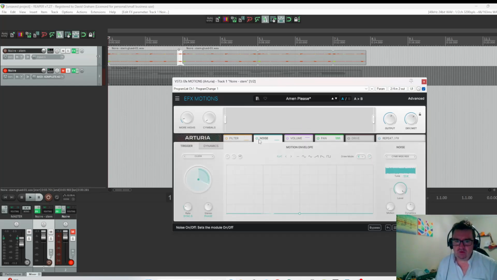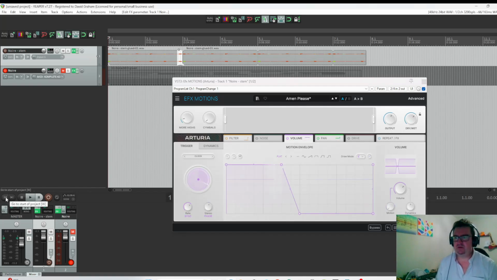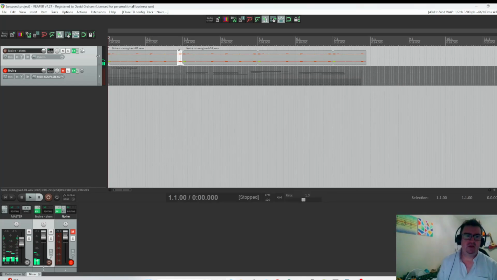I might also turn off the noise. The filter is going really fast, so I'm probably gonna slow that down, see what that does. Volume is going really fast, I might slow that down as well, something like that. Let's see how that sounds now. So I want to get that down to about 50%, and then this is where